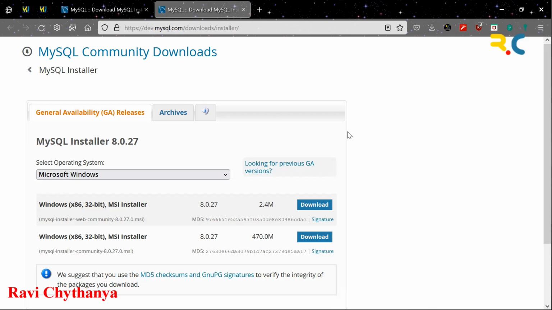You can download the 32-bit one, there is no problem. This is the Windows installer, and you need to go for the 470 MB download.